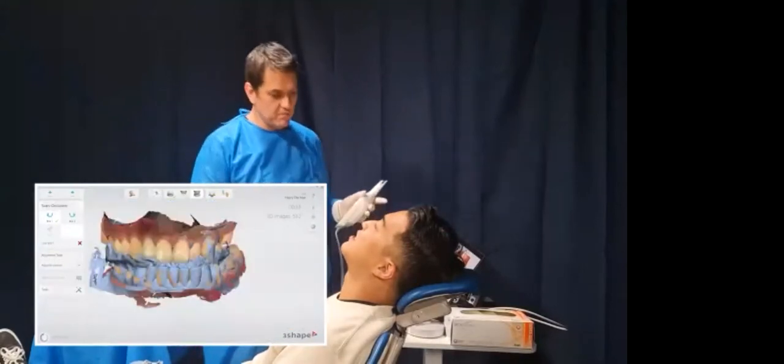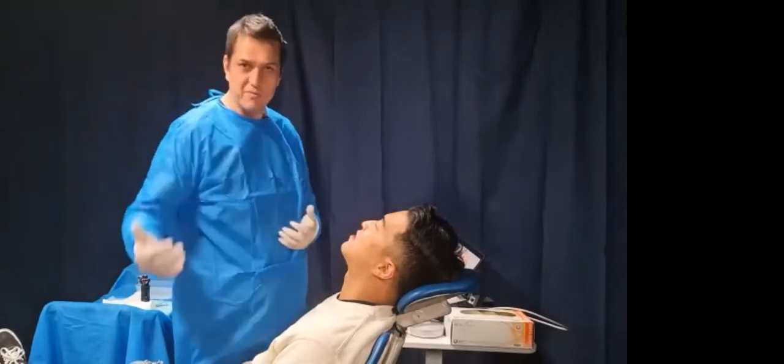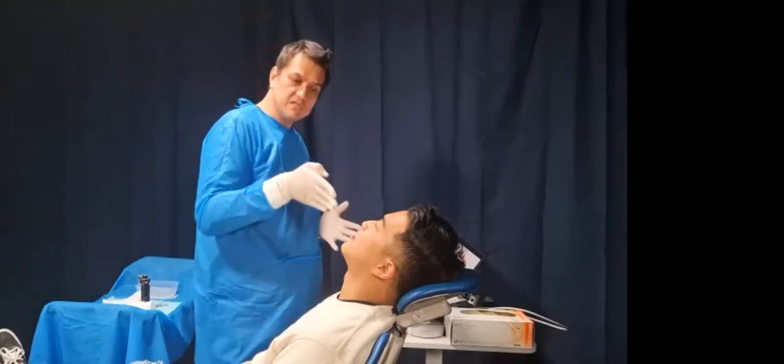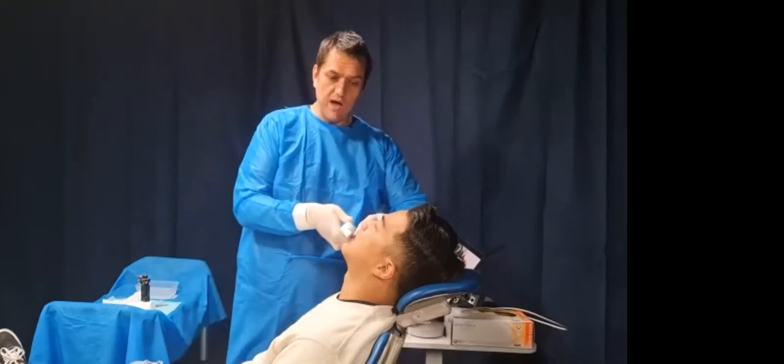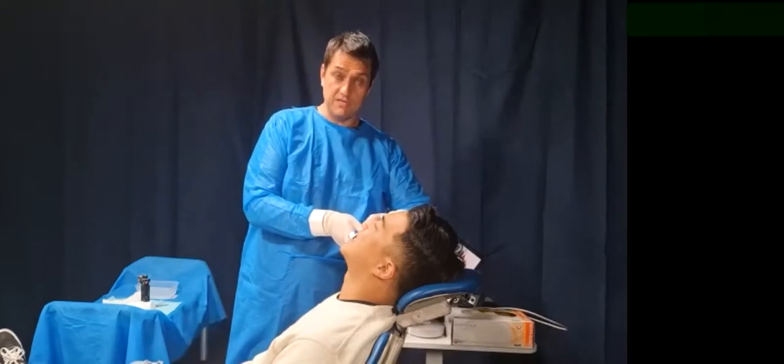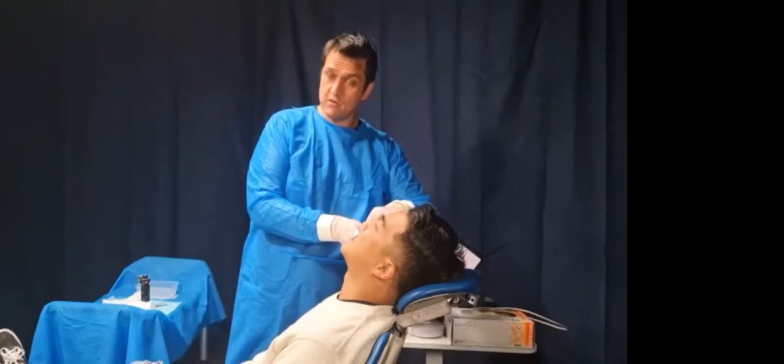Now, I'm actually not happy that the bite came in like that. I would have preferred to make it a bit more difficult for me so you could have seen how hard it can be. But in effect, your scanner goes down into the posteriors, you come around, you bring your scanner as far around, cross the midline of the centrals, and if you still haven't got the bite, you take it